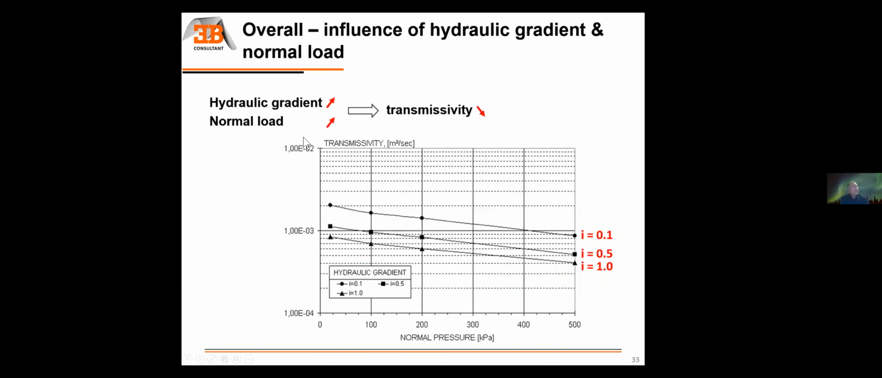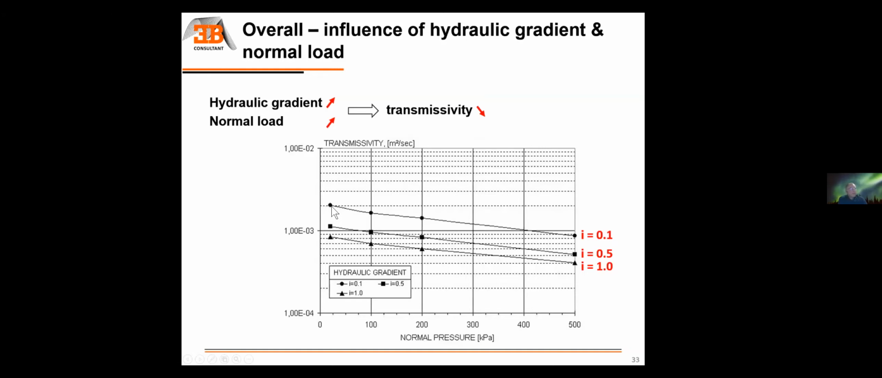So overall, when you look at the hydraulic gradient and normal load, when we increase the hydraulic gradient, we decrease the transmissivity. When we increase the normal load, we also decrease the transmissivity. So a typical example, don't look at the numbers, they're just for illustration. You can see that for the same product, you can have for a given hydraulic gradient a value which is here under 500 kPa. Under a gradient of 1, you have 1, 2, 3, 4 as a 4 times 4 for the transmissivity. And when you go to something closer to 20, 25 kPa and a much lower gradient, 0.1,